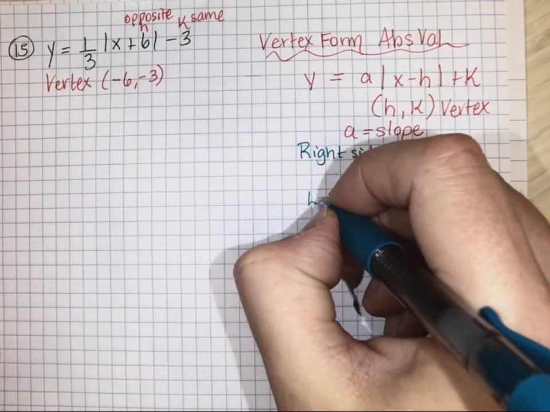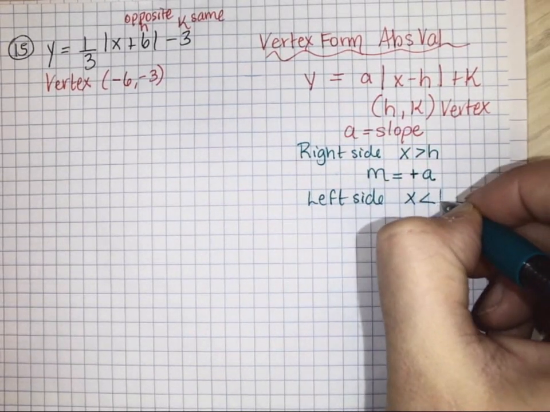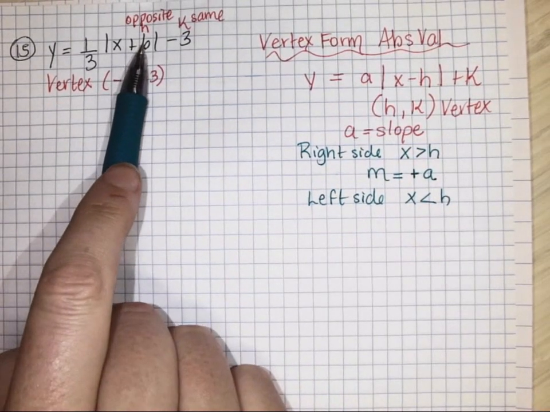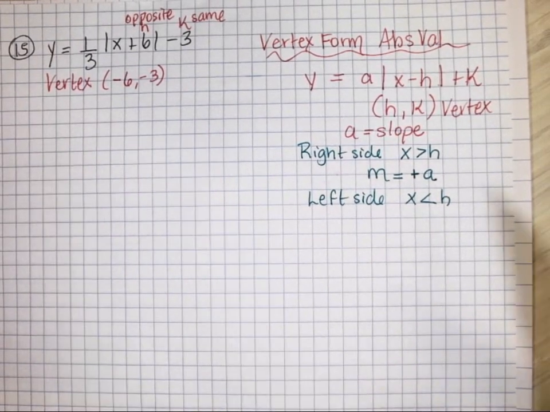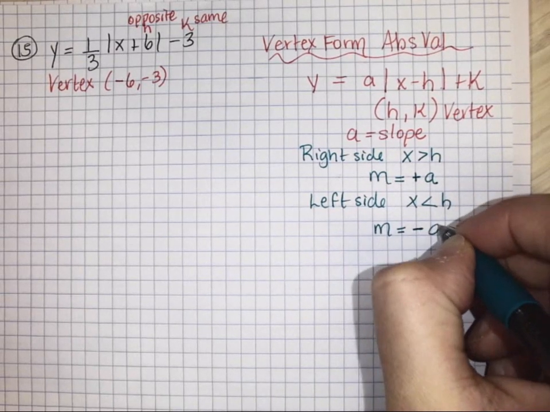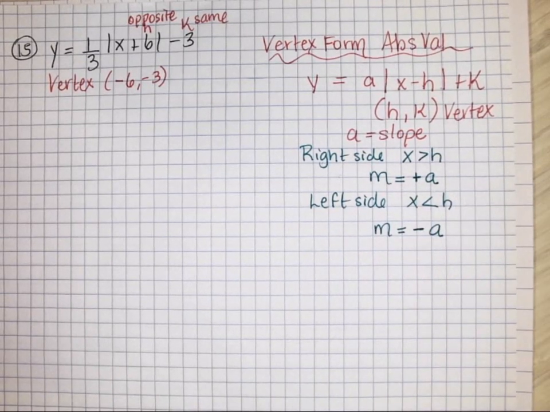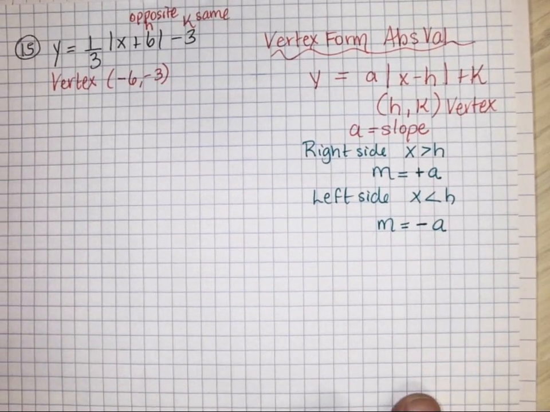Where x is less than h, so in this case, when x is less than -6, to the left of that vertex point, I'm going to use a slope of -a to get those points. So you're going to see that in this example. So on 15,